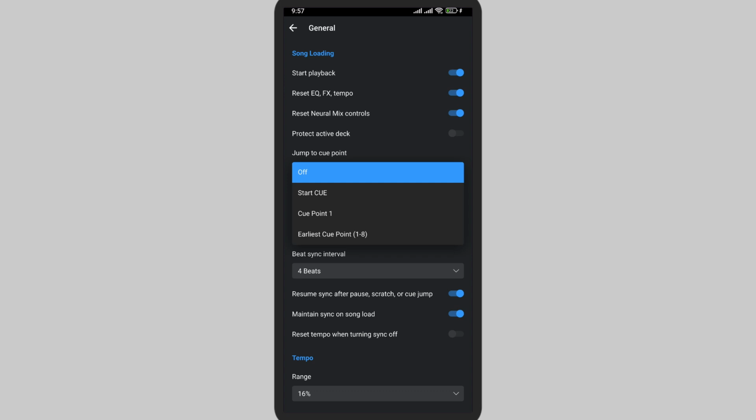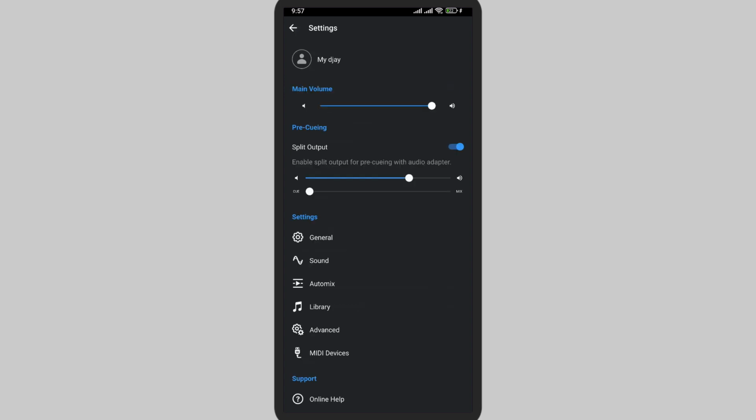So these are the different options that are available. Now you can simply select the one that you want to change into. So here I'm tapping on one, and as you can see, it has been selected and you're all done. So if you go back, it will be selected and there will be a shift or jump in the cue